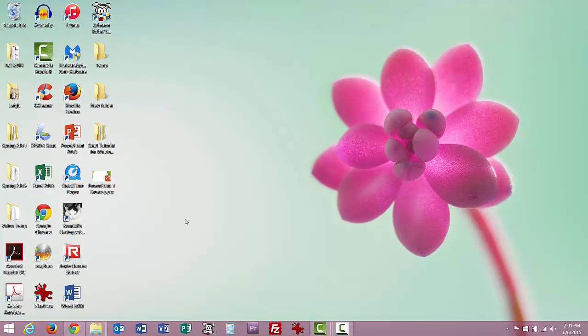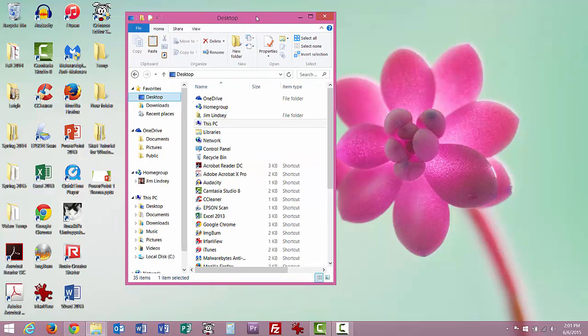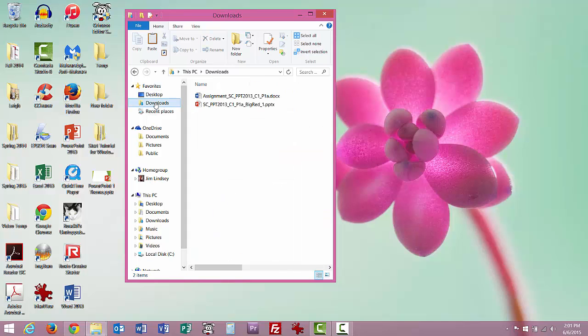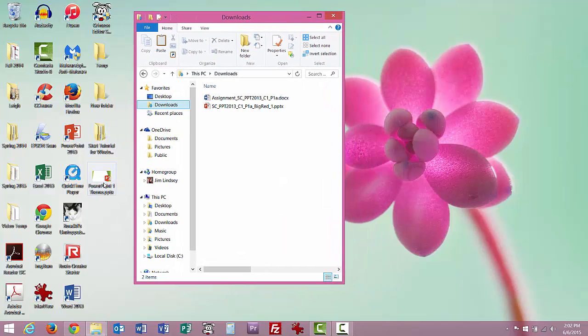Okay, what I'm going to do, I basically opened up a Windows Explorer window, and in the downloads folder of this computer are the 2 files I just downloaded from the SAM website, my start file for Big Red and Big Red's instructions for the project. Now also what you're going to see here is this PowerPoint 1 theme that I downloaded from the Blackboard site. I want all 3 of those files, and what I'm going to do with those, just to keep myself organized,